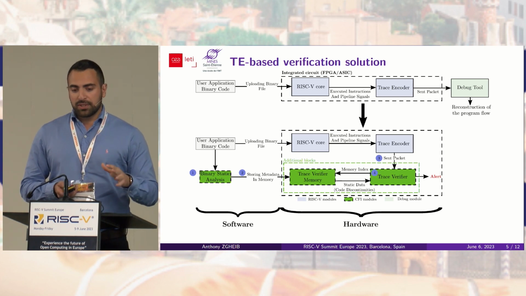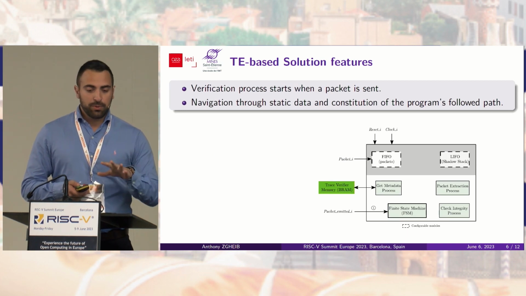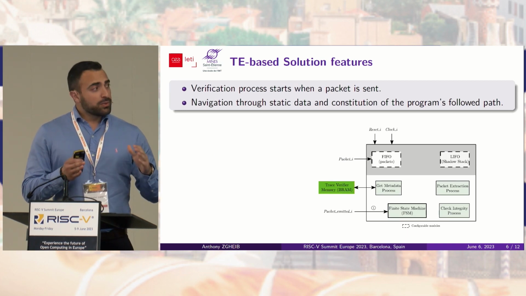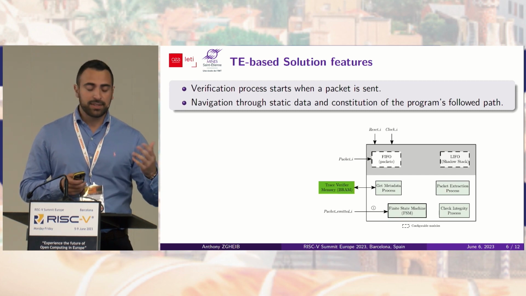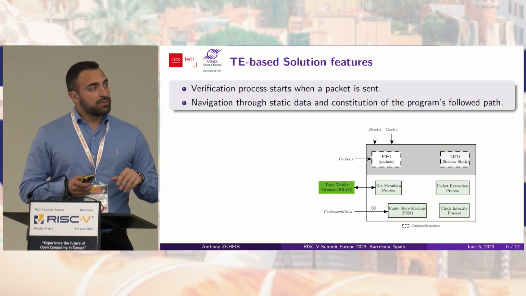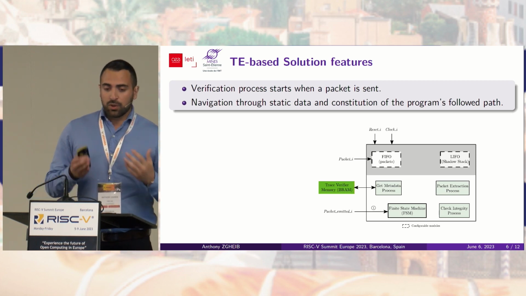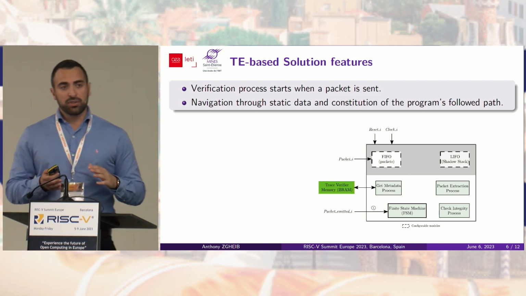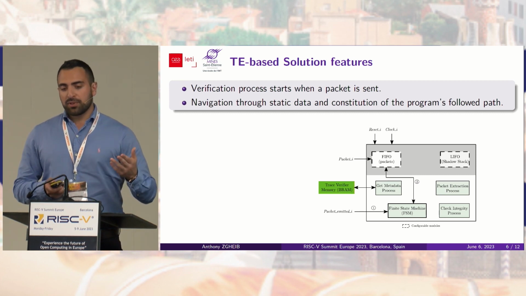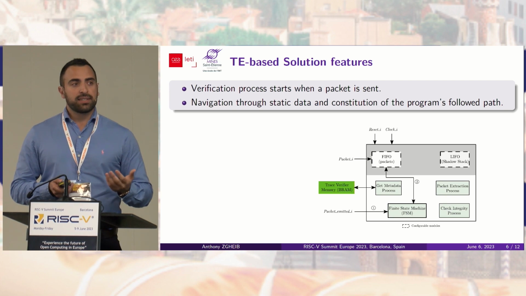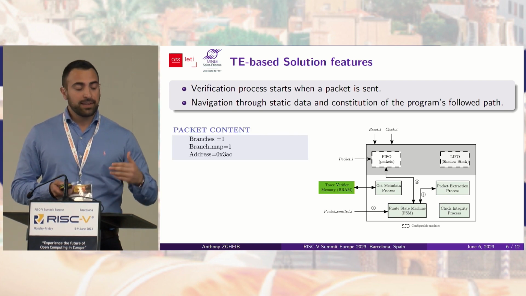So the trace verifier, and here we can see the architecture, which consists of different blocks. The FIFO2 stores the packets that are sent by the trace encoder, and also the verification processes. So how does it work? The verification process will start when a packet is sent from the trace encoder, it will be stored in the FIFO, and then the finite state machine will read it in order to extract the information